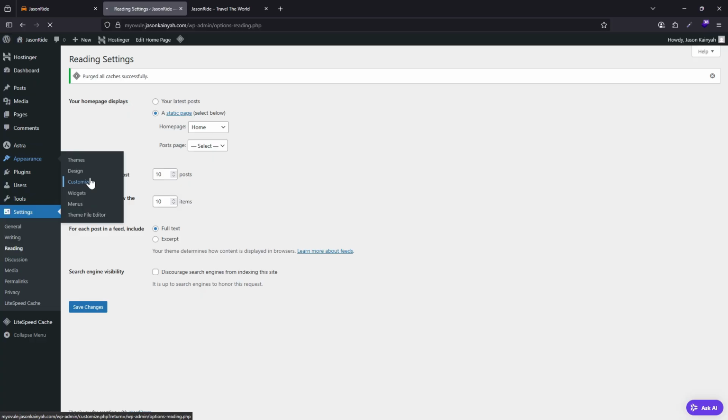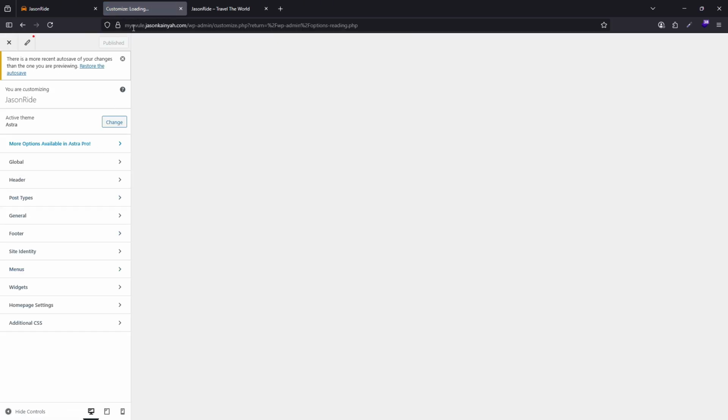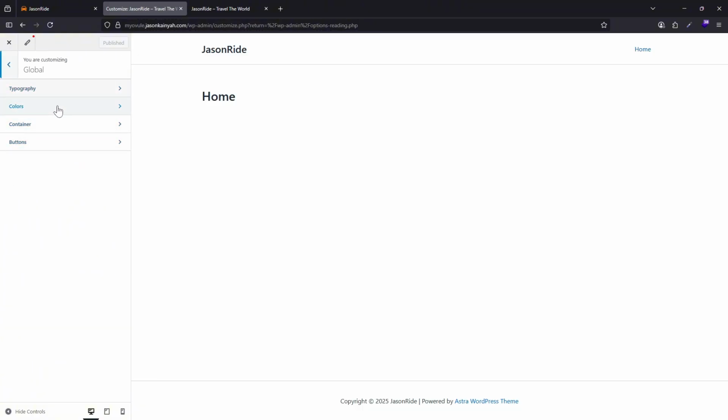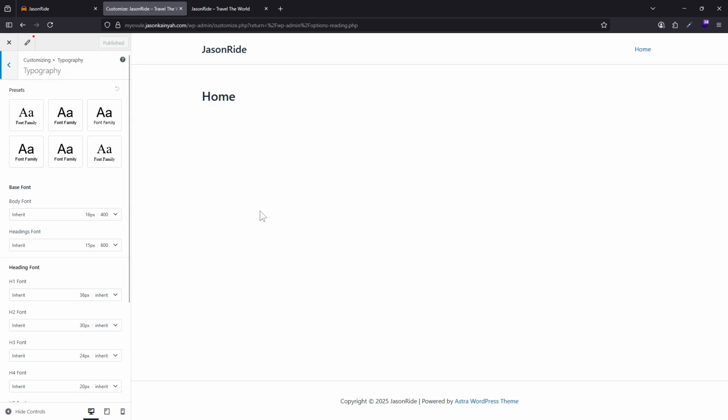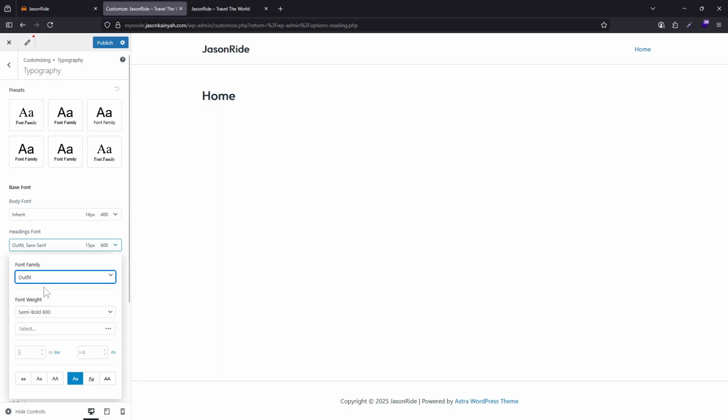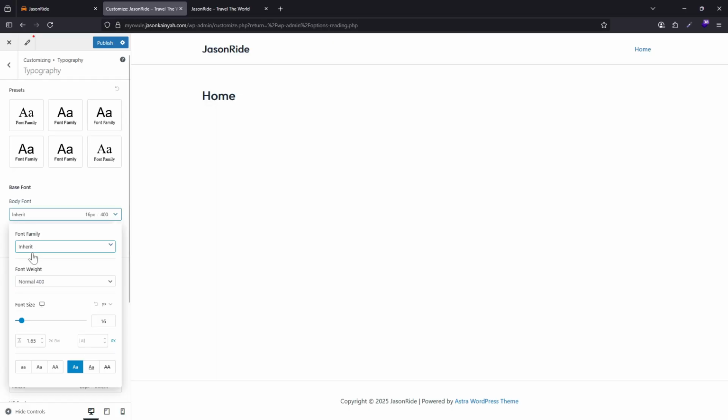We'll click on appearance and then we'll click on customize, and it's going to take us back to the customizer. So let me just clear this. Now let's go to global and let's go to typography. Now there are some fonts we are going to be using, right? So we want to set the base font, right? The headings font, we can make this Outfit, okay? For the headings, we want this font to be Outfit, and the base font we'll be using is just these